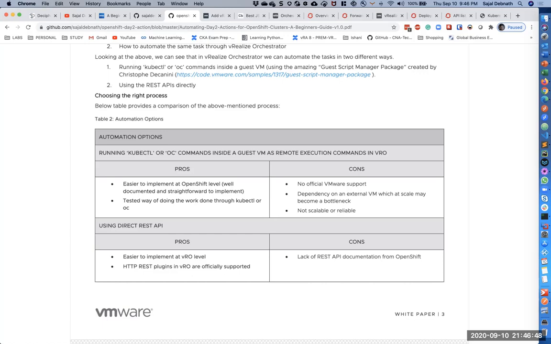The second option, on the other hand, is easier to implement at the vRO level. Pretty much straightforward HTTP REST methods. And the HTTP REST plugins in vRO are officially supported. The problem is the lack of documentation. Now,